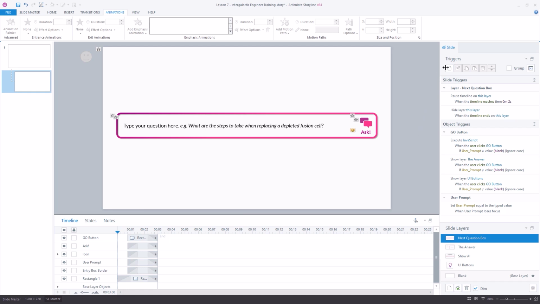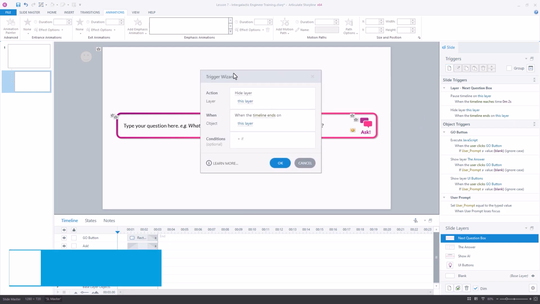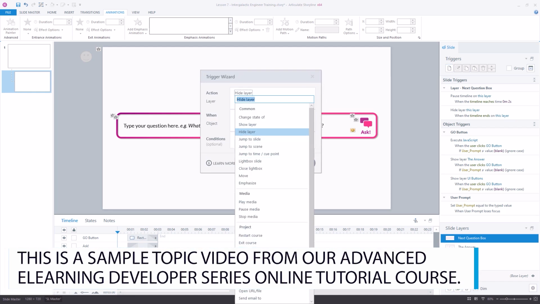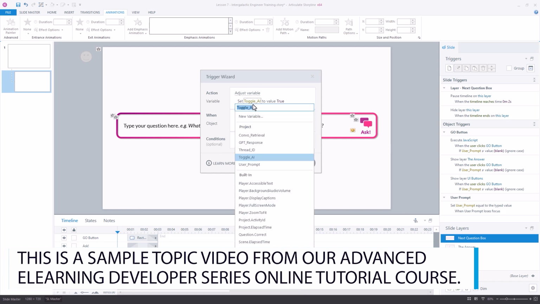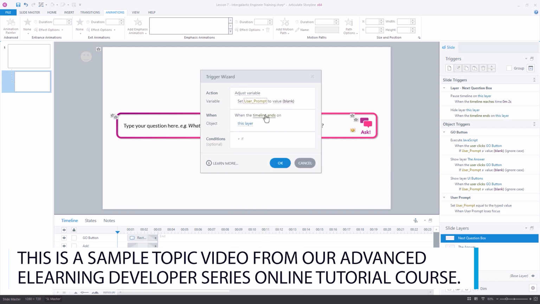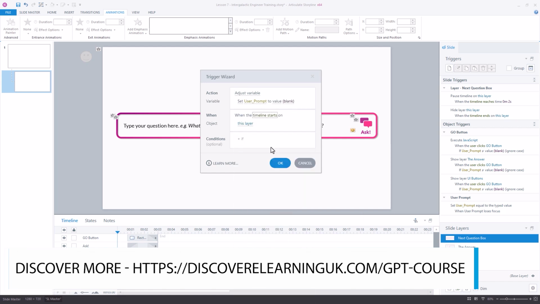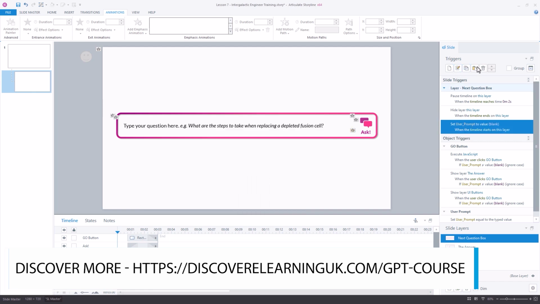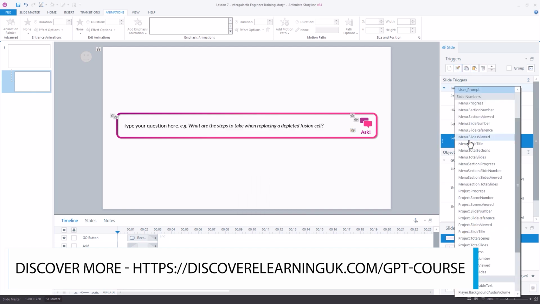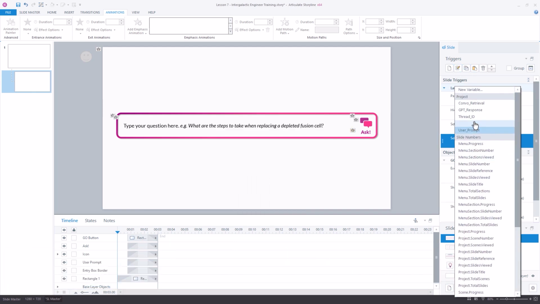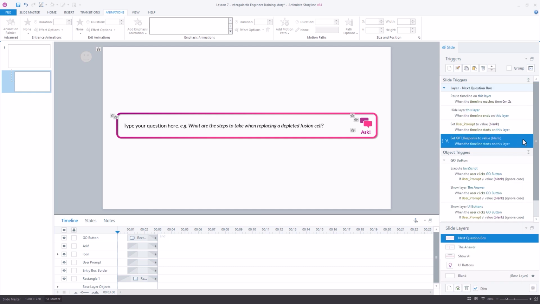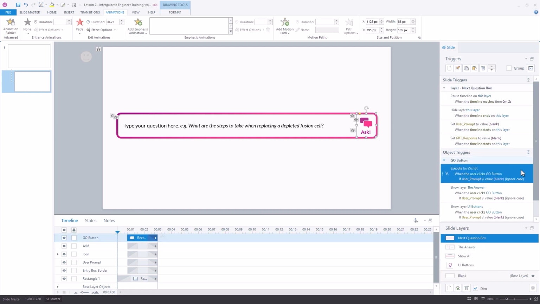First, I'm going to reset both the user prompt and GPT response variables to blank when the timeline starts, so that we don't see the old message appear in this box once it fades in for the user. Then, as well as having the same execute JavaScript trigger fire as what we wrote on the show AI layer,